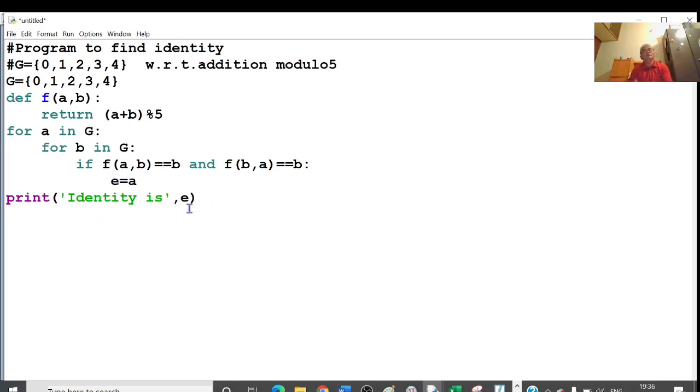So this is the Python code to find the identity element. Let me check whether this works out or not.